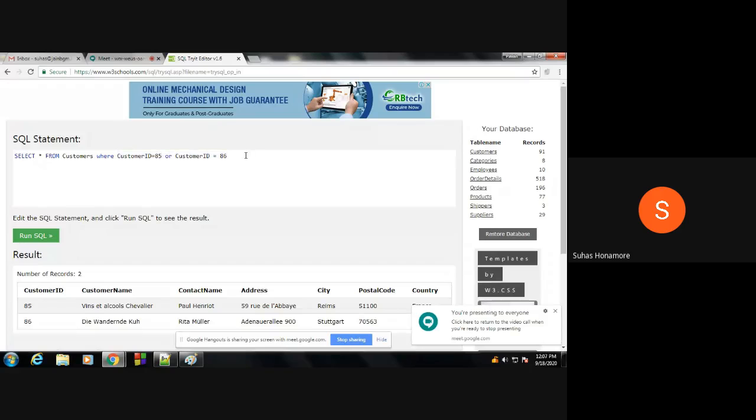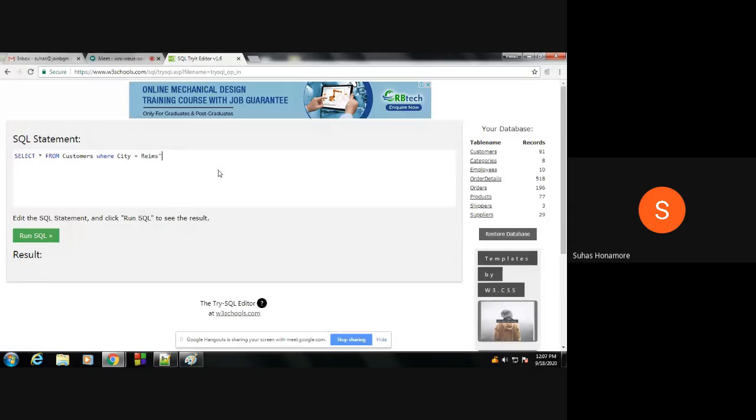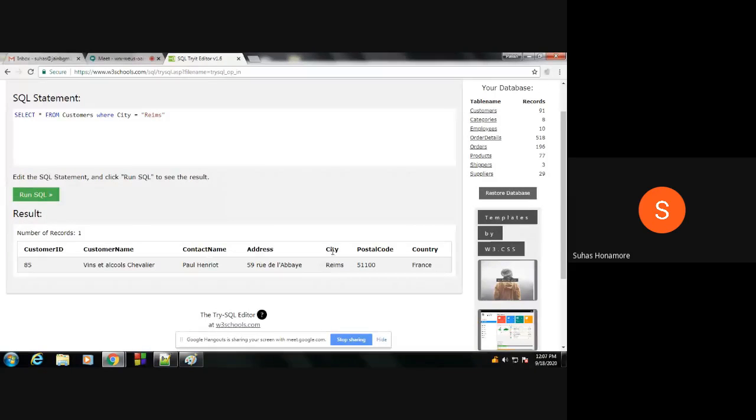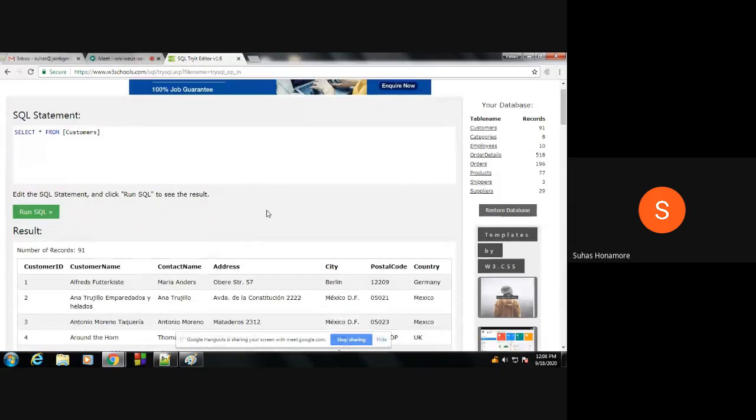Okay, so for example, again suppose I want to give a city name. In city, I will take this city. So here city is equal to this one. One second, this is a string. Only one customer is there in this city, so only this city is listed. Like this, if you give any other city, it will list how many people are there from that city. Let me check it with a multiple.